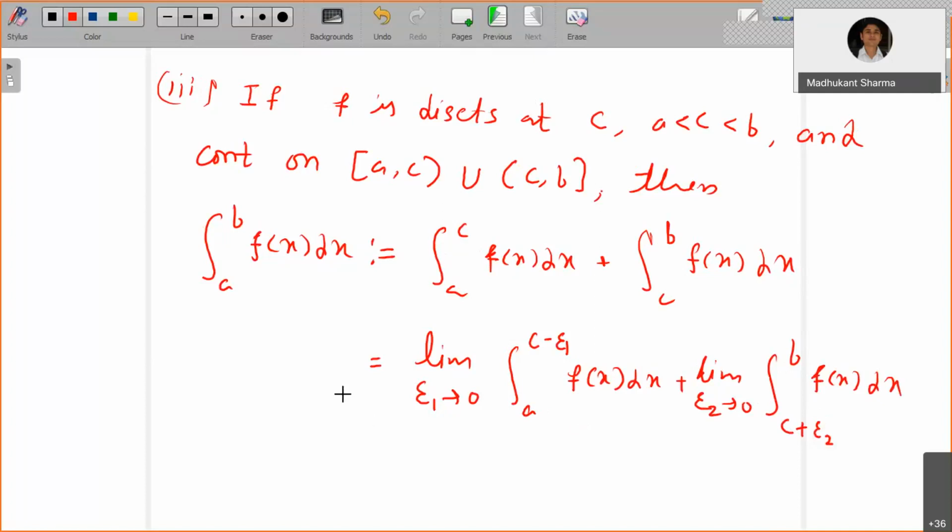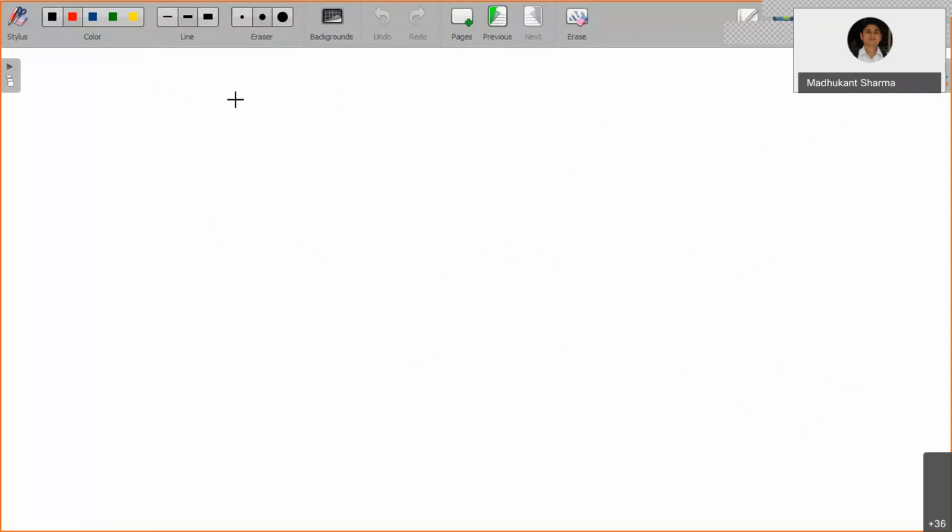Right, so these are the parts of the syllabus. What else is there? There are also comparison tests available, in the same way as what you have seen in the case of sequences. I will just list out two tests here, and then during the tutorial we will look at some problems.